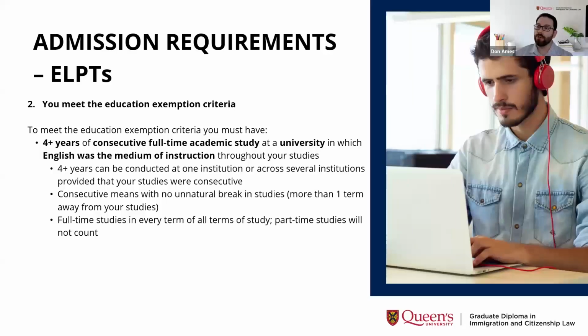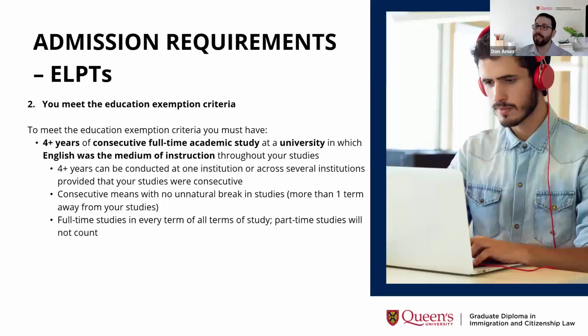So if you completed that undergraduate program in April 2010, if you began your master's studies in September 2010, you would have that summer off. That would be acceptable to continue on with your studies, and we'd be able to take you into consideration for the education exemption, provided that you also studied on a full-time basis. If for any reason you dropped down to a part-time study plan, you will no longer meet the education exemption. There are specific requirements indicated by each post-secondary institution as to who is or isn't a full-time student, so make sure you review those in full.